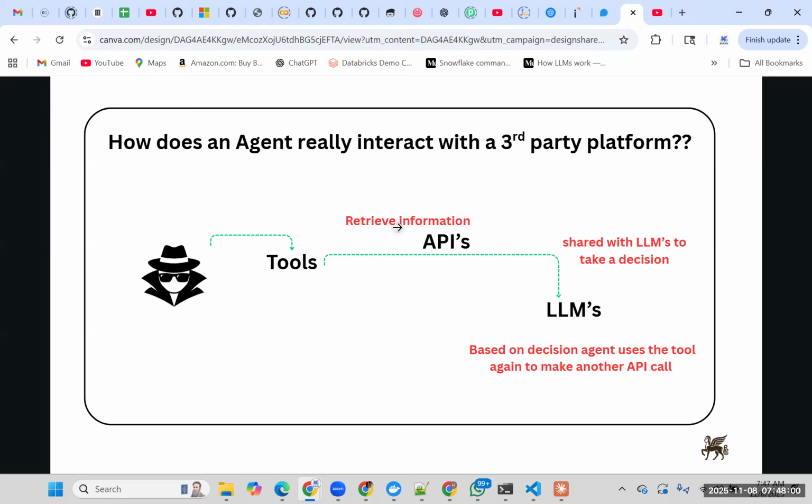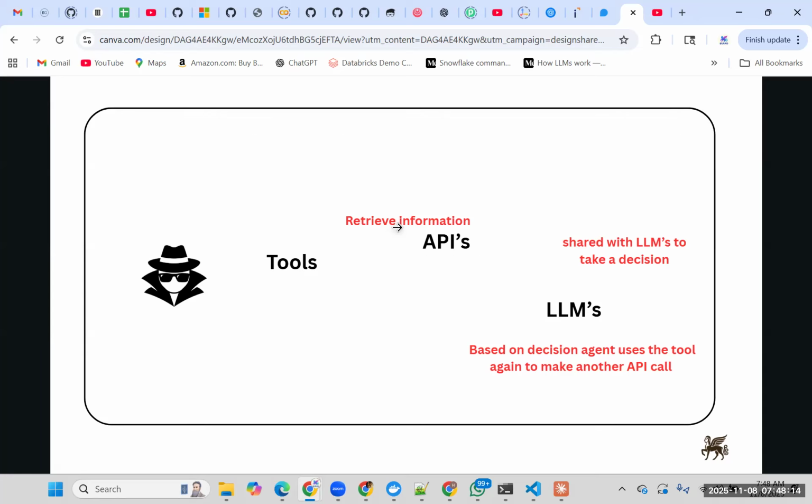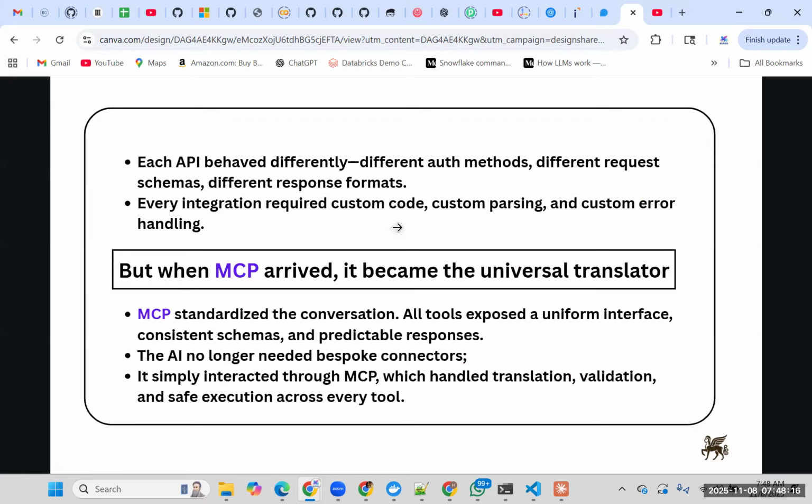Tools are basically, like, a search API for research, a Yahoo Finance tool connecting to Yahoo Finance and all of that, a Wiki tool. So those are the tools we are talking about here, right? So for every integration, you have to do your own custom code for the tool, custom parsing, custom error handling,